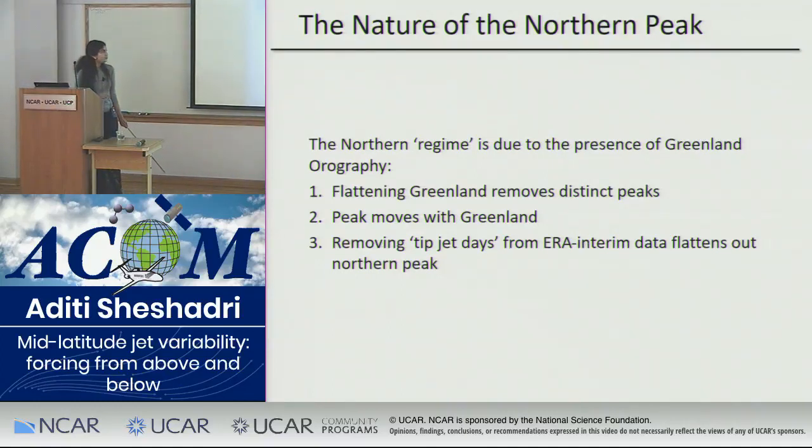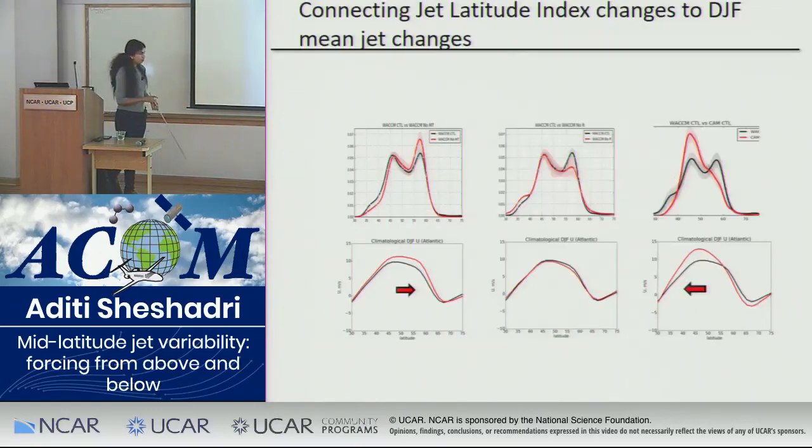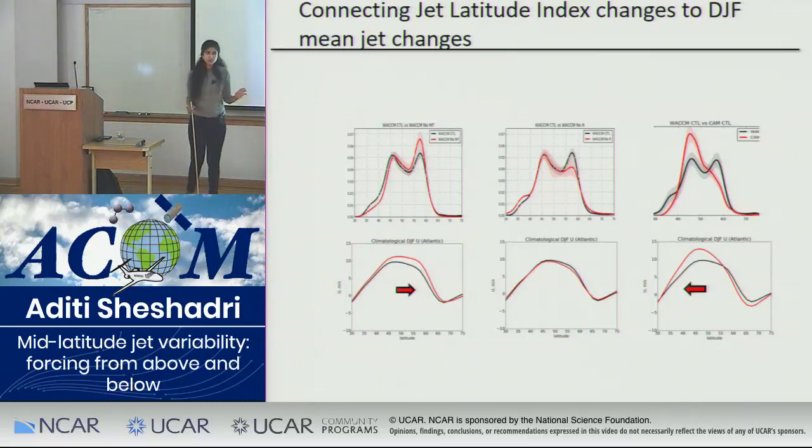Now, the question on everyone's minds is probably, why don't the CMIP models get this northern peak? They all have Greenland, right? So we have a working hypothesis on this, which isn't really published yet. But what we think is that most models have their eddy-driven jet in the wrong position. It's either too equatorward or too weak. So the right amount and strength of westerlies aren't really impinging on the tip of Greenland to give you these tip jet events. I just said it in words, but just to show it,